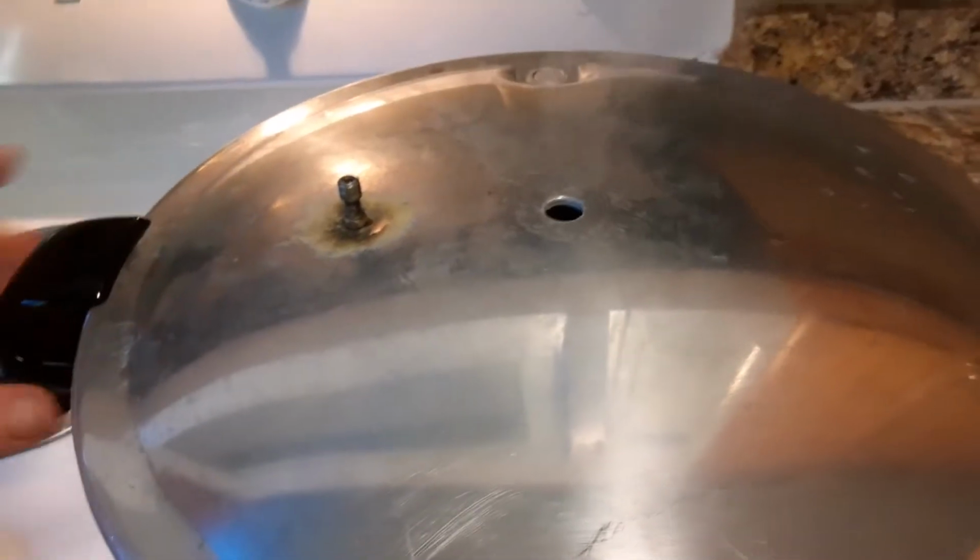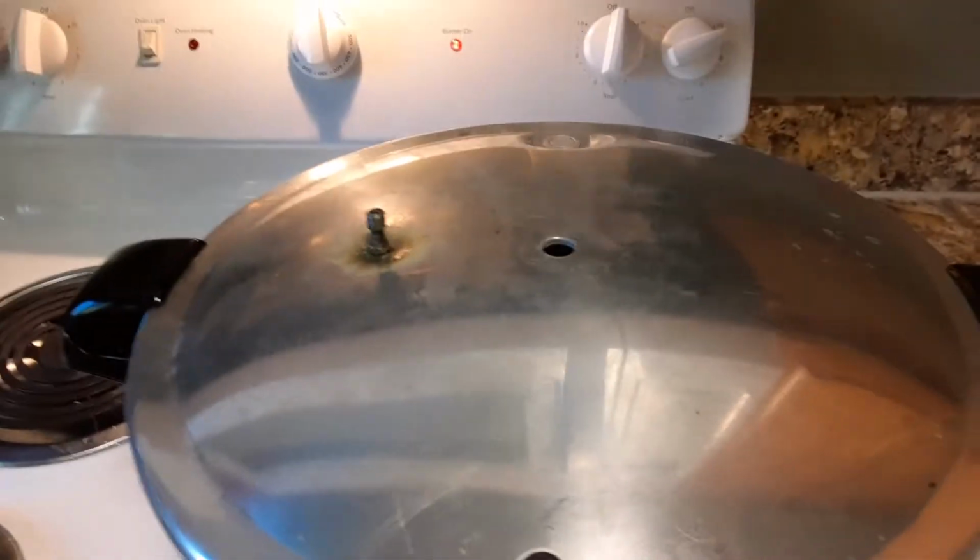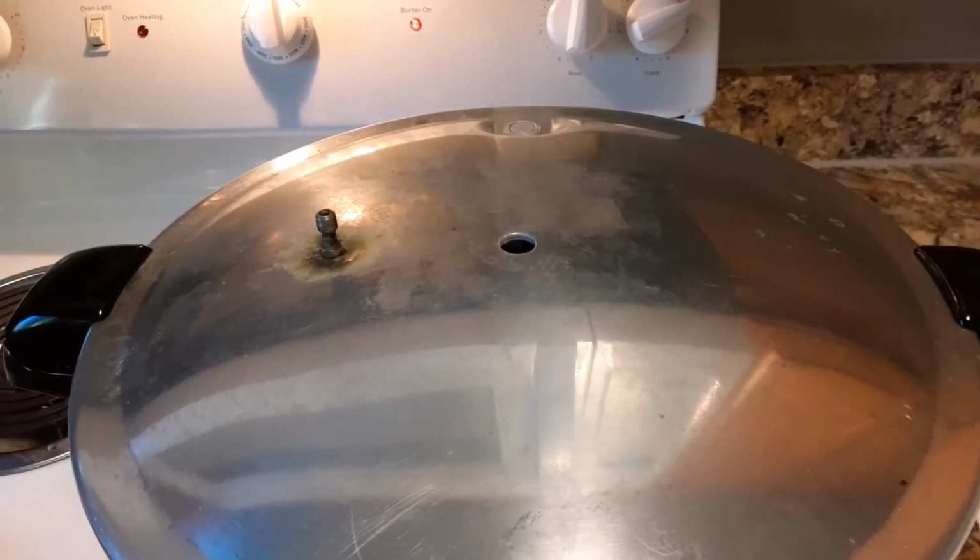And put the lid on. This is the pressure canner, but I have the gauge and everything off of it. So I just put it on there and leave it on there. It just helps keep the water from boiling over and getting all over the place like it did when I did the other